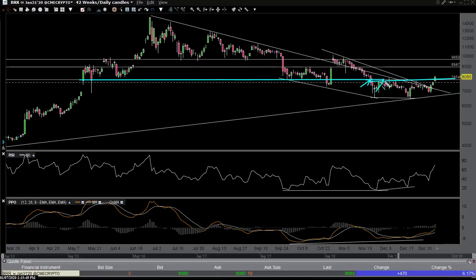So boom, fail, fail, fail. Now we're clearing it. The day is not over. You want to see a solid close above there, especially a follow-up candle tomorrow. And to me, that is certainly a bullish technical event if we get it. I think it'll happen. There are no guarantees, but based on the chart, again, it's a constructive chart.